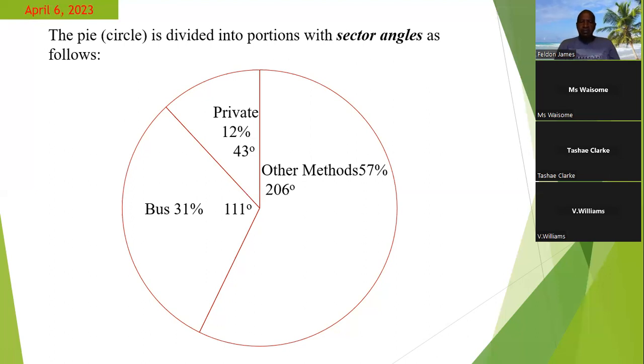So this pie chart gives you a picture, the angles give you a sense of the size, and then the percentage would give you a sense of